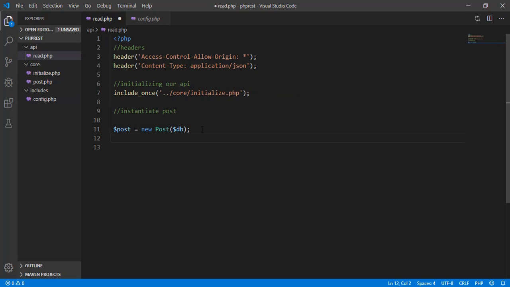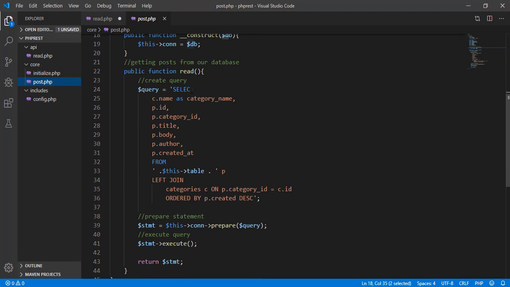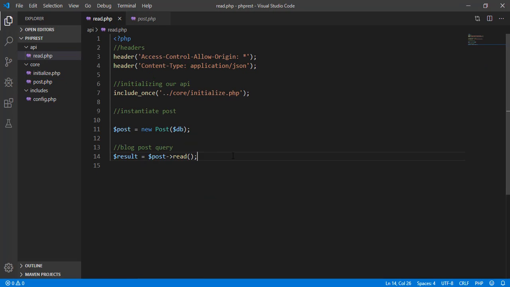So next is to query the actual blog post. So blog post query. We're going to do that by using the post object and then by using the read function. The read function, we have defined it in our post.php file, which is our class post. So read, and then of course we're going to get the row count, so that will be num, and then result,